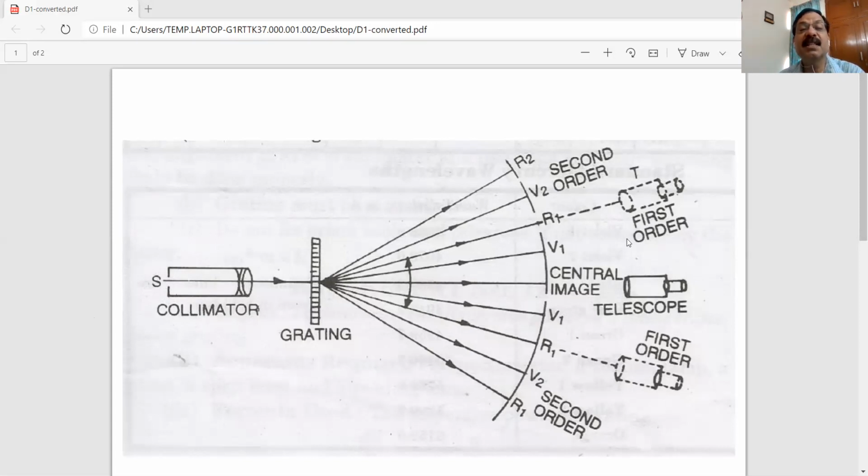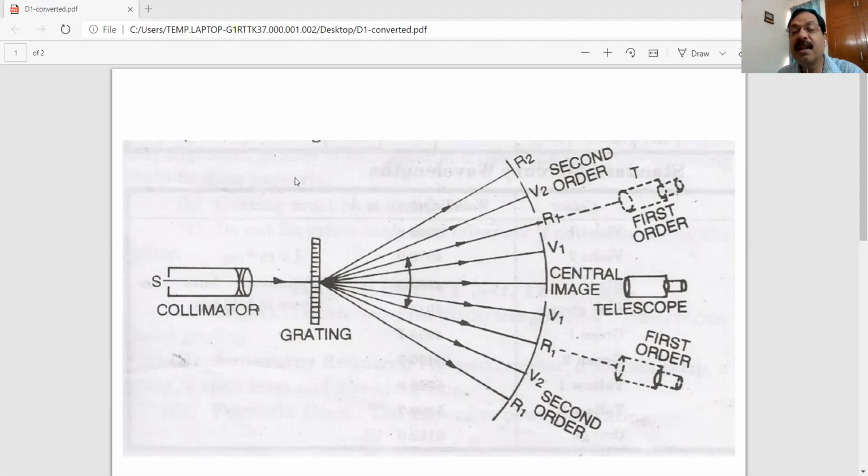For setting adjustments, level the base of the spectrometer by putting a spirit level on the prism table. The axis of the telescope, collimator, and prism table should be set using Schuster's method. Keep the collimator in line with the telescope and focus the slit on the crosswire. Make the slit narrow, and now the Vernier readings are noted.